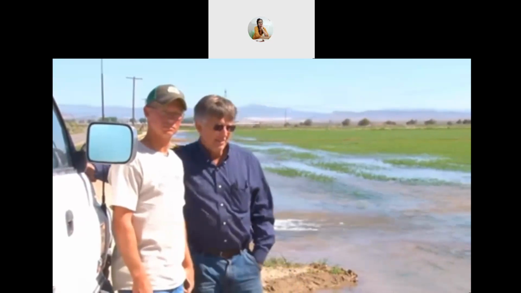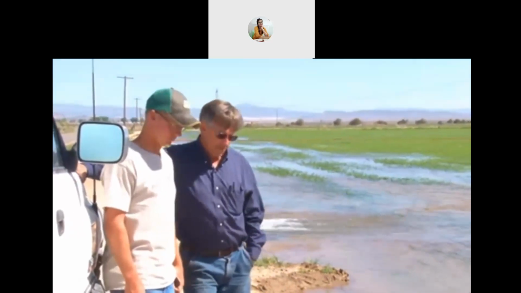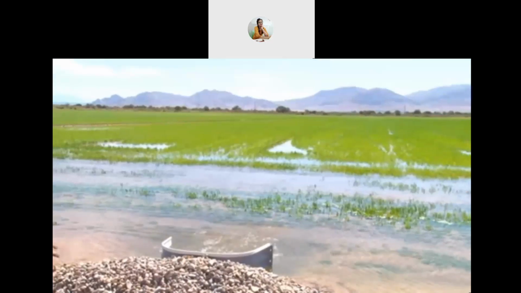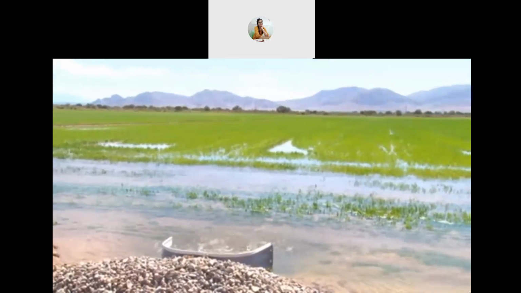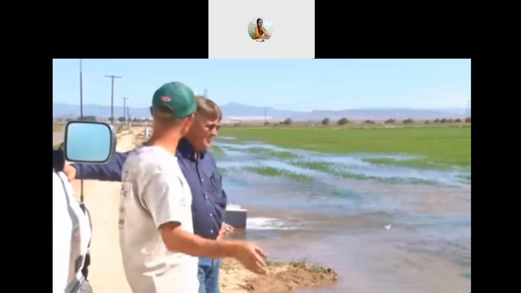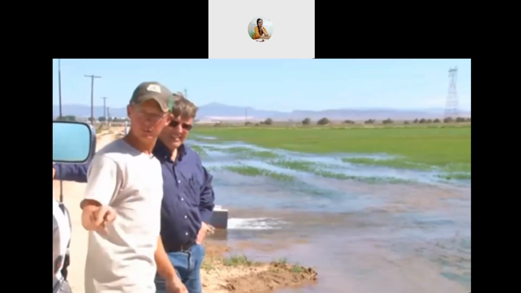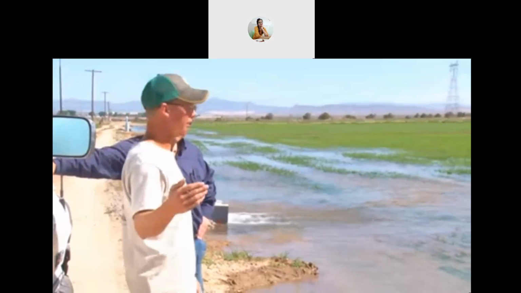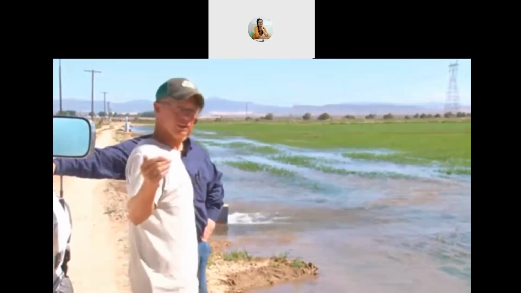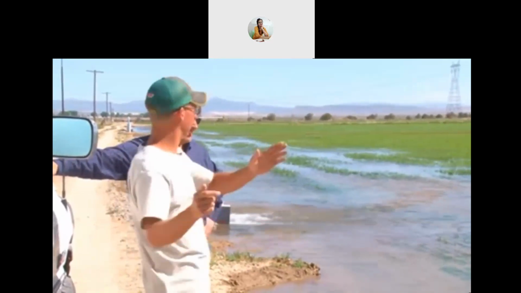Peterson here from Lendl. He's been working with NRCS for a few years now on a number of different projects. Came out to look at one of the most recent ones, which is a pipeline project with the idea of saving some water. We used to have a ditch running parallel with this road, and actually the ditch used to be right where the road is, and then